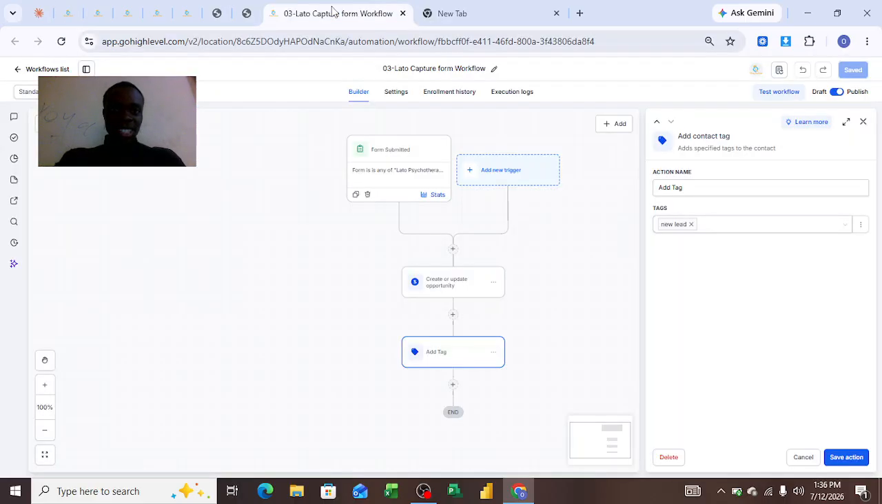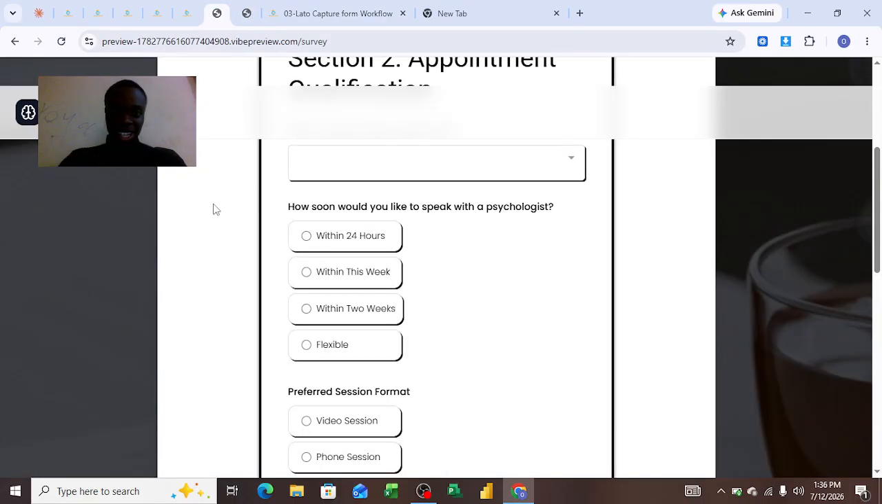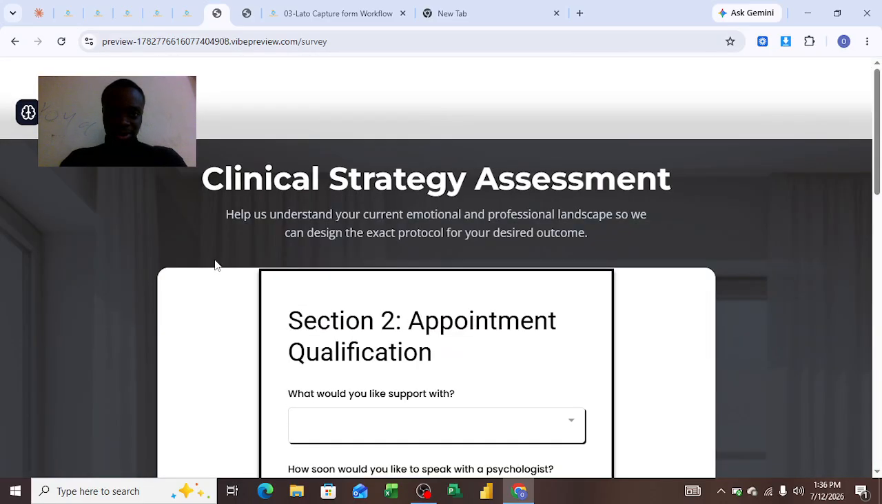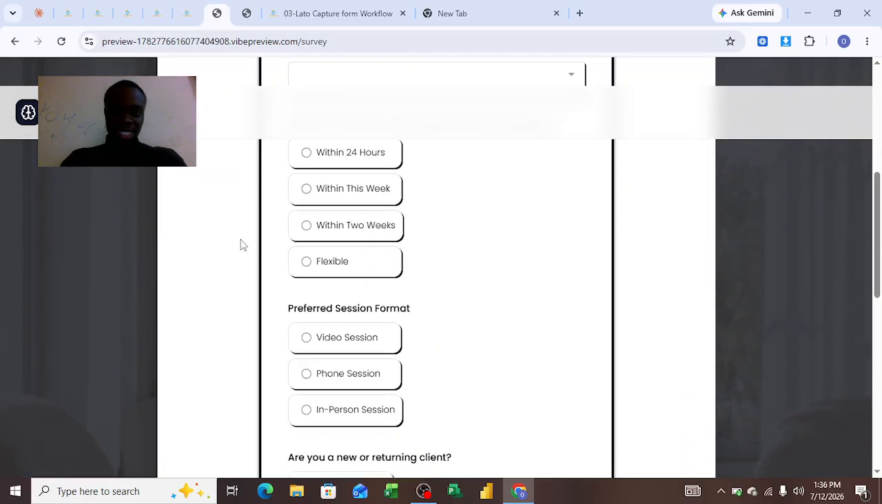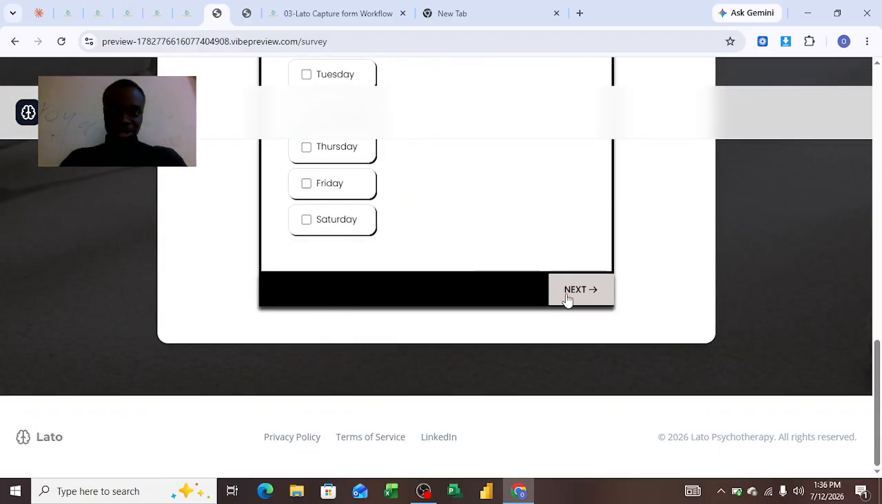So everything becomes automatic. They fill the form, from the form they move to the survey, and the survey takes over from there. Now another thing is there's another workflow for the survey. If I go to the survey now, which it has linked me to, this is the survey. If I select, for example, next,